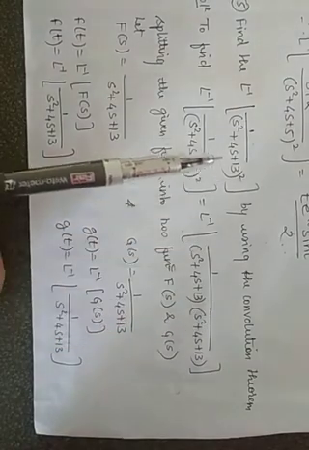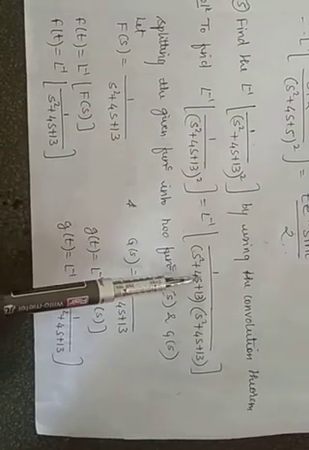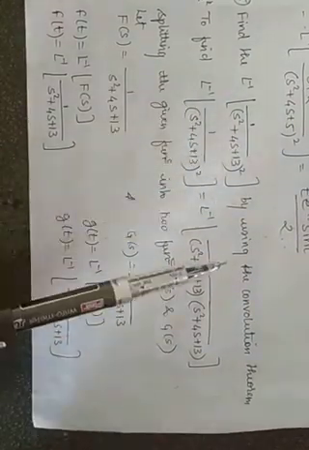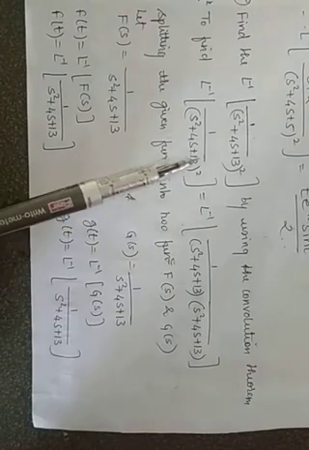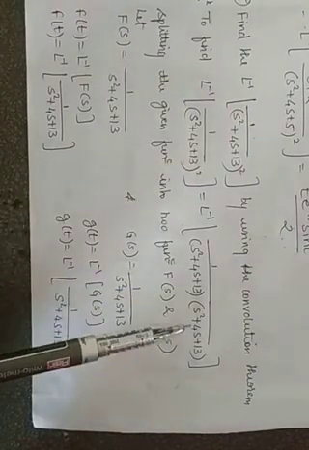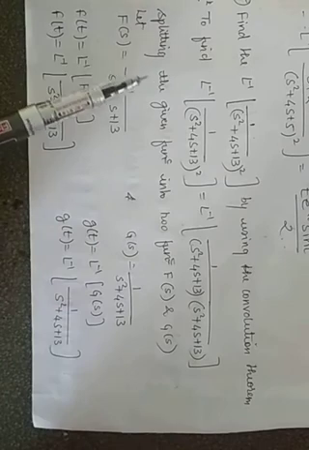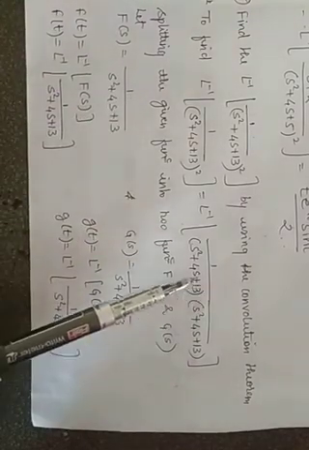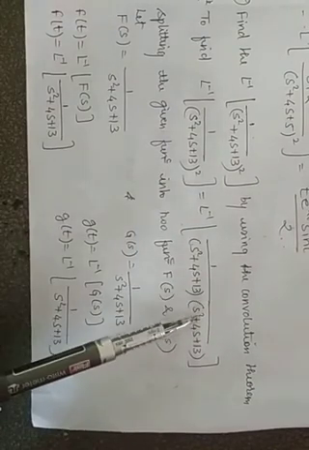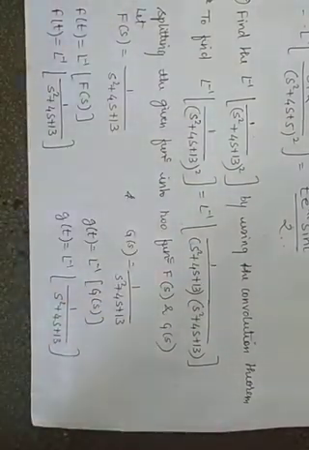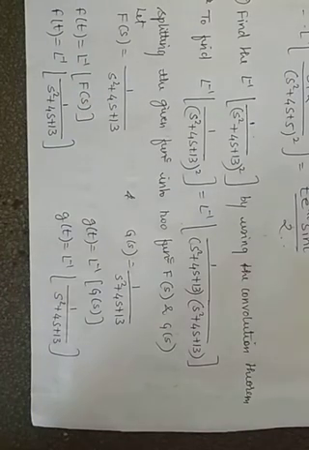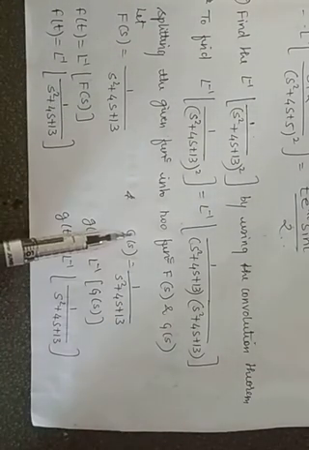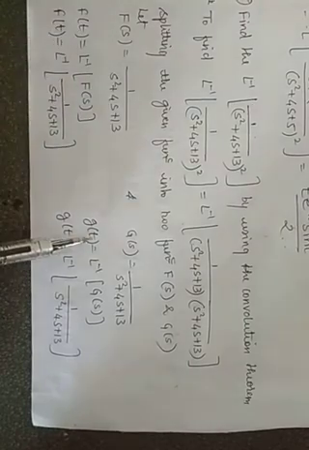So to start, I will try to split the denominator bracket into two brackets. The numerator has at least 1, so keep that 1 as it is and split the denominator brackets into two brackets. So hence, splitting up the functions, we get f of s as 1 upon this bracket, and g of s as 1 upon this bracket, that is s square plus 4s plus 13. G of s is 1 upon s square plus 4s plus 13. I told you, once you have f of s and g of s, go and find f of t and g of t.